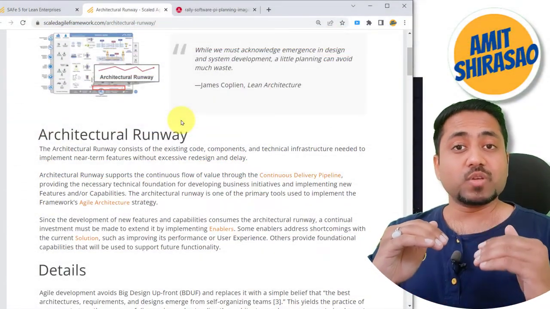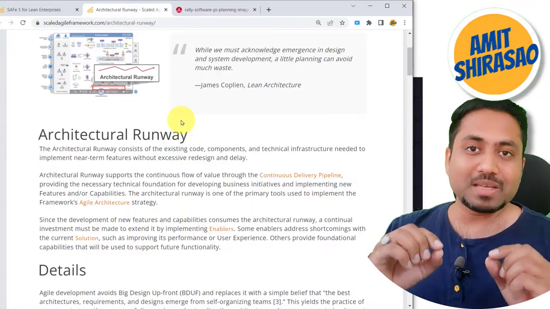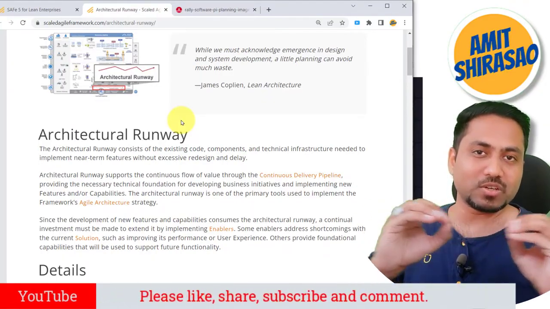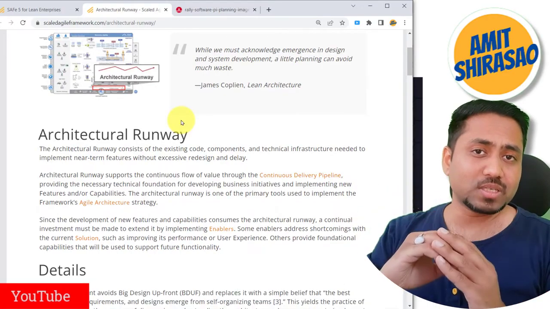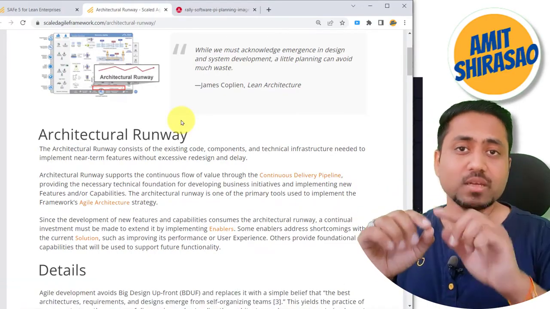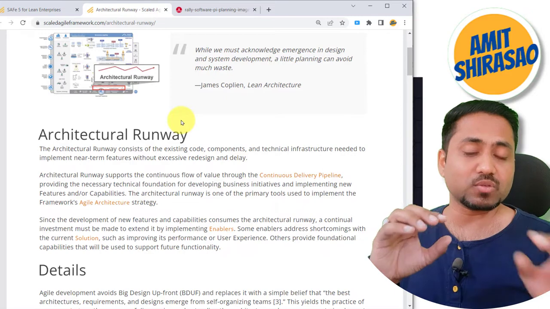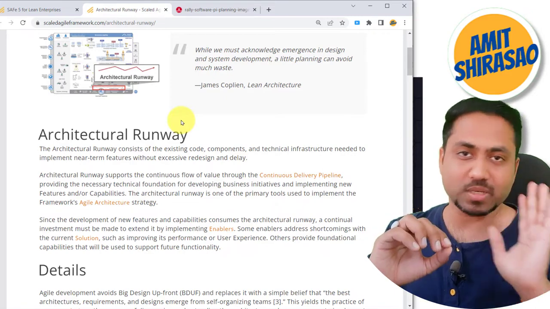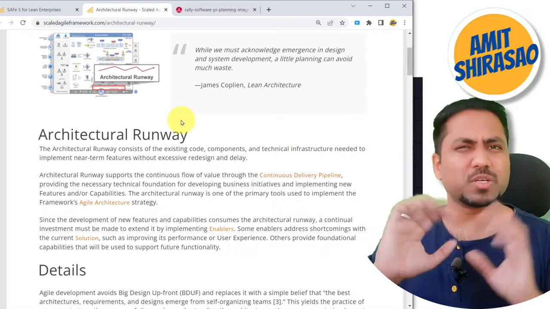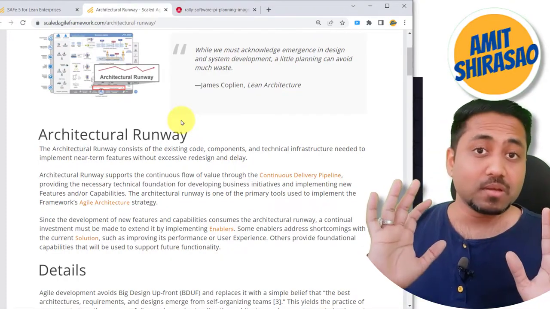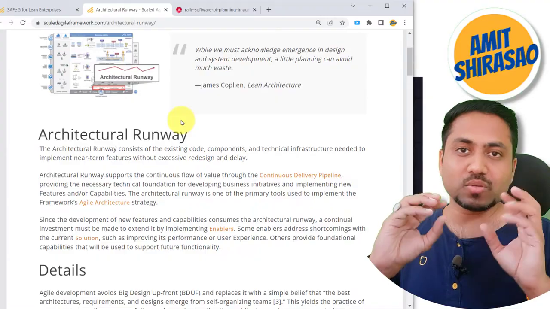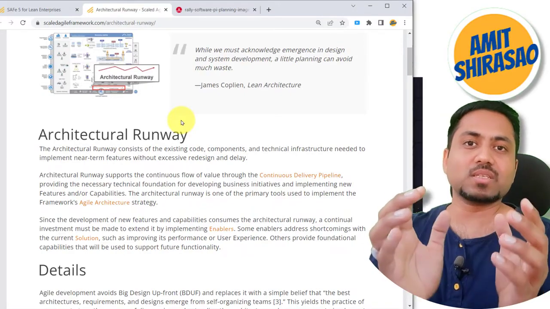Those process APIs will not do any work. They will only pass on the variables or pass on those particular values to the next set of services, which is service APIs, which is basically doing actual database work. All the CRUD operations will be done by the service APIs. Okay, not by the PAPIs. PAPIs only speak to the UI, nothing more. Okay, it is just like an interface to the UI, nothing more. Most of the changes, most of the real life things will be done by the SAPIs.